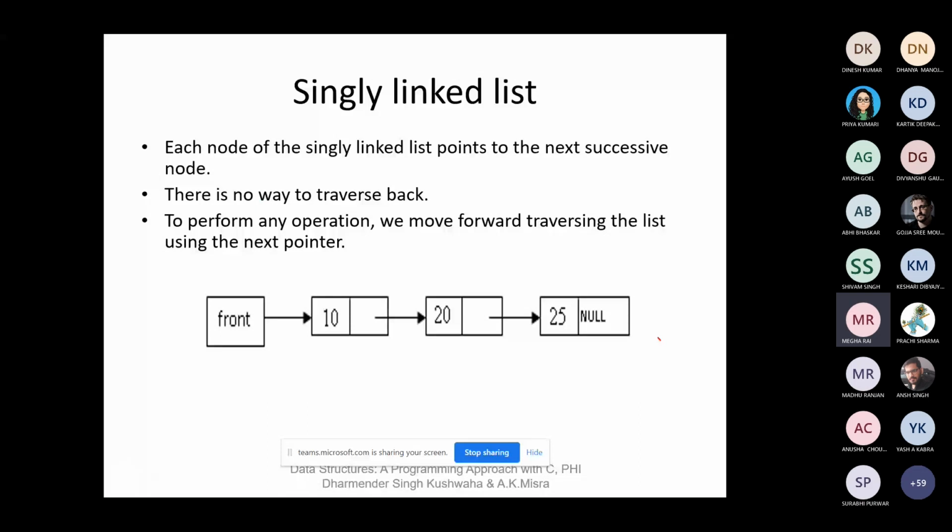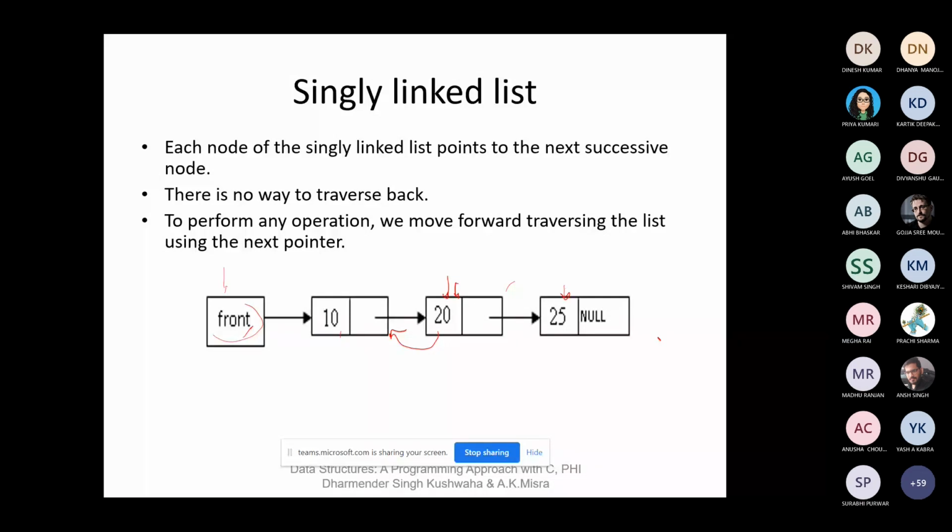When you start from this point, whether you are using the head pointer, the front pointer, or the start pointer for pointing to the elements, you access this value, then this node, then this one. But it is not possible in a single linked list to traverse back from this node to this node. In a single linked list structure, this is not possible.